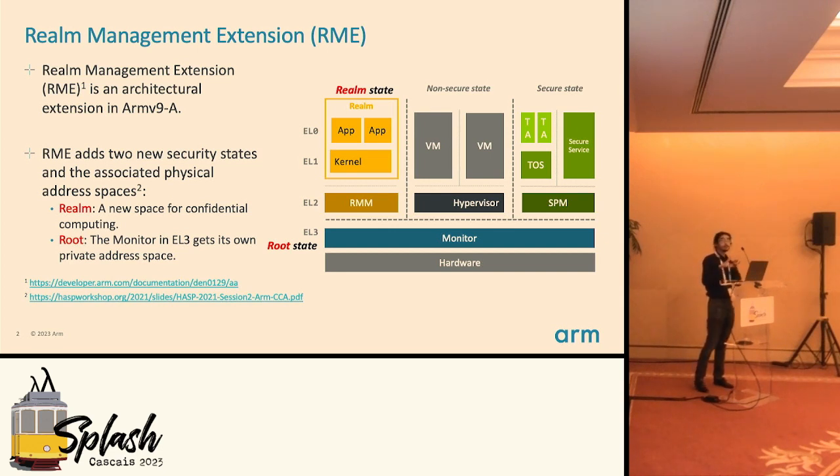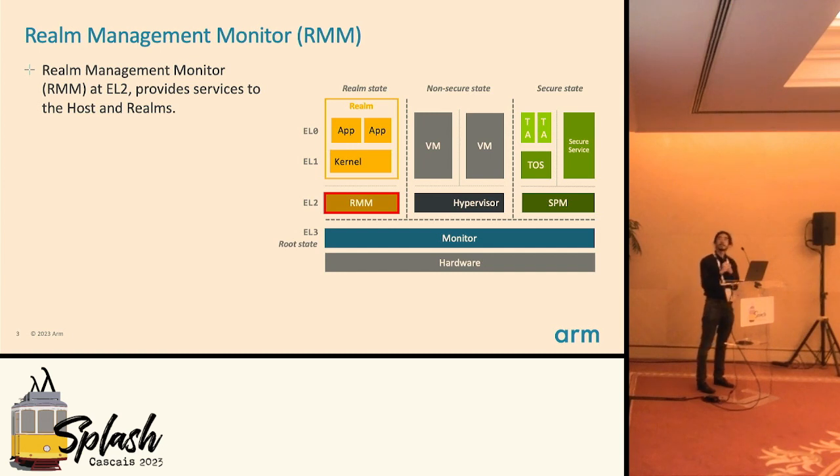But in the entire solution, the key part is what we are presenting here. That is the hardware extension. The full name is Realm Management Extension, short name RME. In this new hardware extension, we introduce two new secure states. One is called Realm state. It's in the orange-ish color to the left. That is basically what we're going to focus on in this talk. Separately, in this new extension, we also introduce a new state called Root state that corresponds to the monitor running on EL3. In the new Realm state, you can see in the diagram, there's a key component called Realm